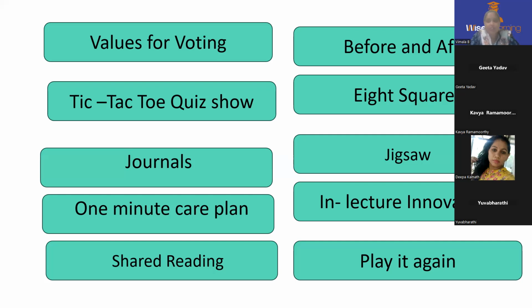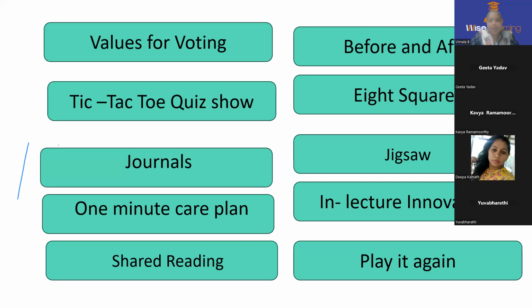Or at the end of the session, for recapitulation of the chapter, I can pose the question. Next, the shared reading. This is appropriate especially for language. The poem or the lesson they read, they will share with their peer group. The group will be created by the teacher, and the teacher will ask the students to exchange whatever they have learned and understood about the concept.